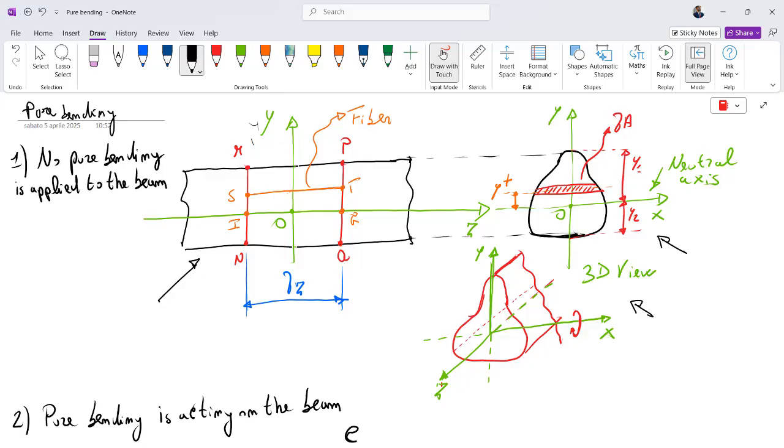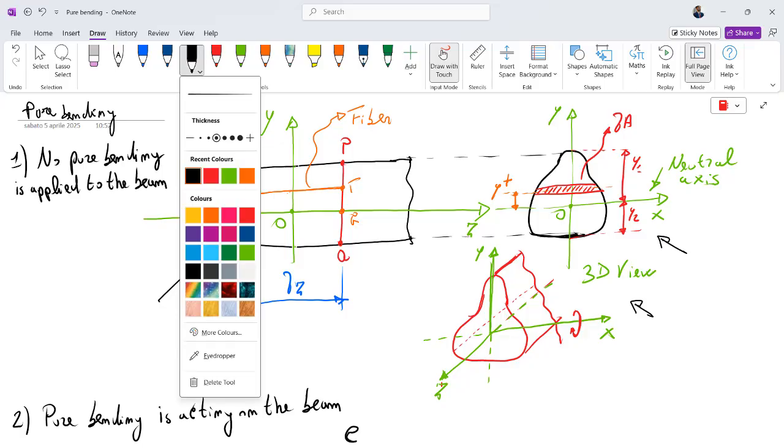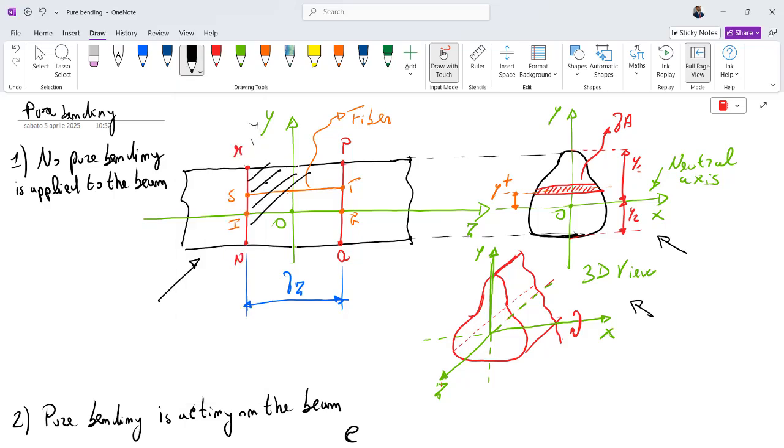On this beam, in this first case, no pure bending is applied, and we can see some letters that identify the limits of the piece of the beam that we take into account today. The piece of the beam that we take today is highlighted with the black pen. The left hand edge is identified by the letters M-I-N. Instead, the right hand edge is identified by the letters